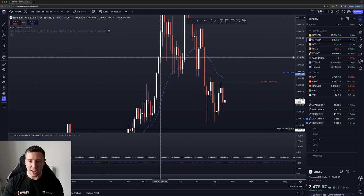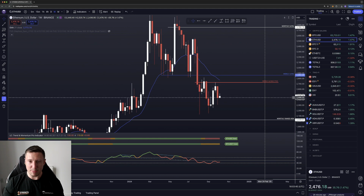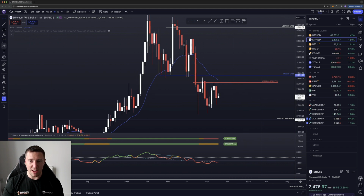Ethereum, let's take a look at the weekly. Not too much to talk about, although not as good of a chart as BTC. You can see that we've actually made a lower high here on the weekly time frame on that weekly and daily fair value gap, so that doesn't look too good. We are trending below the RSI 50 with a bearish divergence formed last week as well, so not looking too good at the moment. If we go on to the daily,